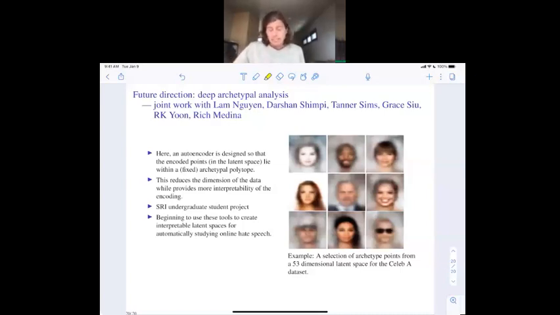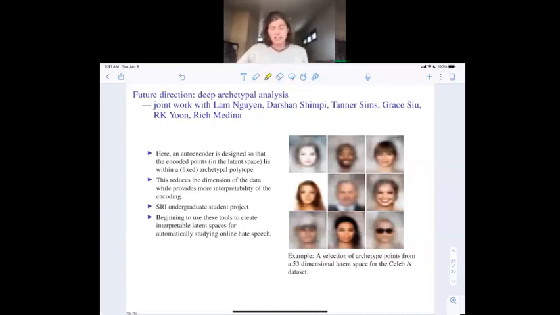And this is the CelebA data set. You might have seen this. I think there's 200,000 images of celebrities, and so these are images. I think they're maybe 100 by 100 pixels, so the original dimension is maybe 10,000. And so if we use a 53-dimensional latent space, and then do this archetypal analysis, here's a selection of 9 archetype points from those 53, and these are not